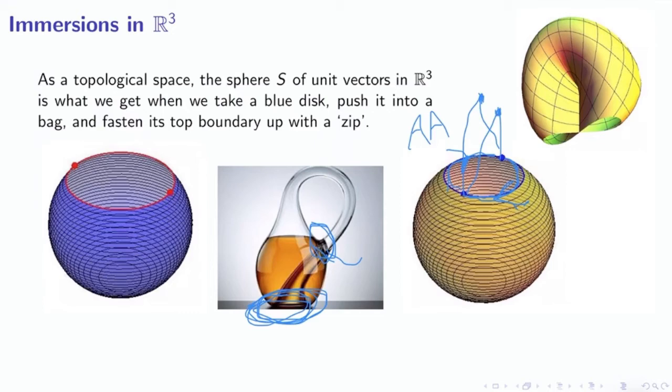And this edge here has got to be identified with this edge here. So although I've got the arrows going together, and this edge has to be identified with this edge here, in order to do those identifications, you have to pull